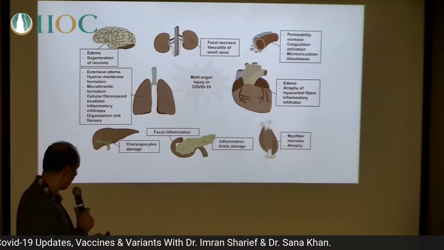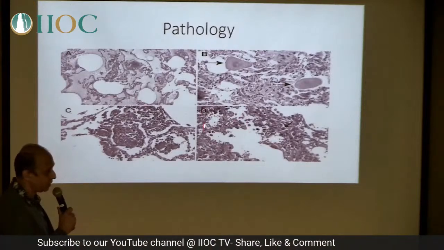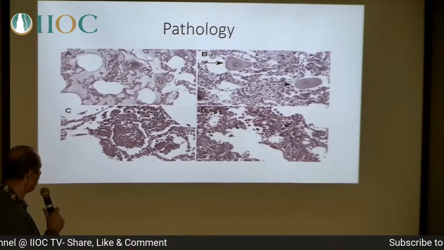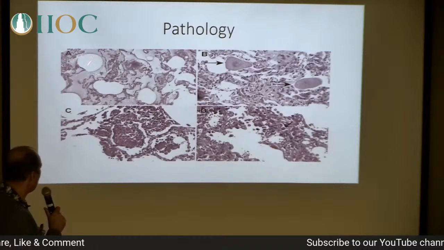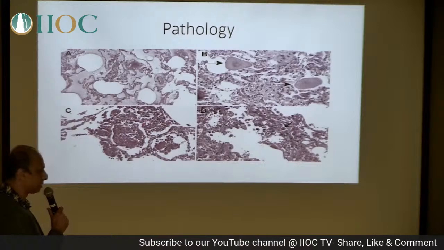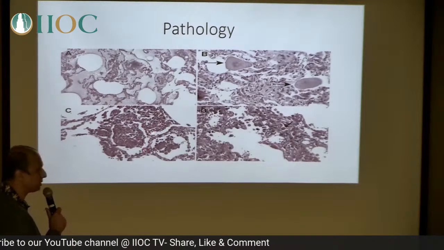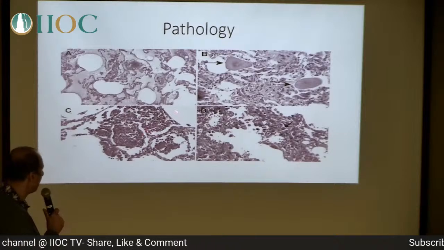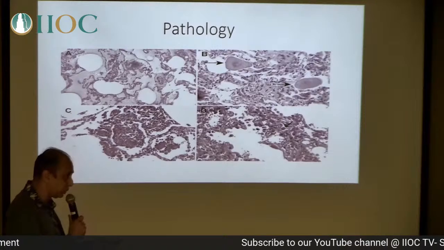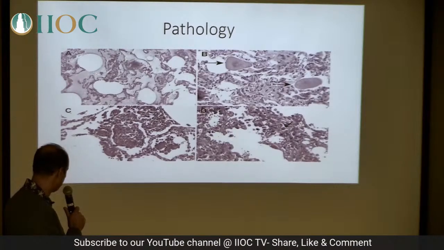So this is just the pathology of what was discussed in an earlier lecture about different cells, how the membrane changed, and what happened to the lung after invasion of all the cells and debris and extra fluid in different parts of the lung. So this is how it looks. There's no need for you to understand this. This is just to give you an idea of how the lungs change.